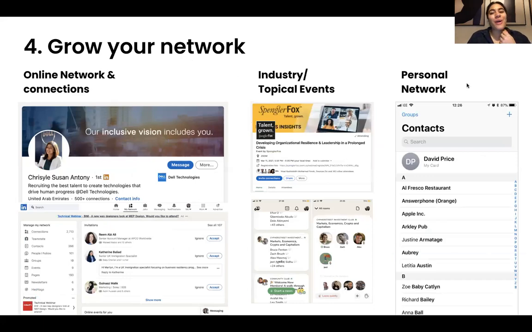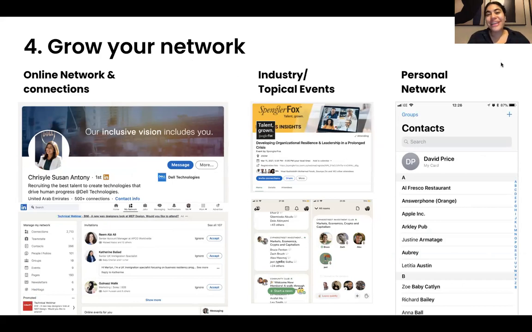And the last part is about growing your network. This is where it's really about putting yourself out there. The first thing you can do is add people on LinkedIn and reach out. Some people have reached out to me on LinkedIn just for an informational interview, and I love to give them because I'm like, you want to hear about marketing? Fantastic. I'll tell you about it. And don't feel afraid to search for people in your field and connect with them.